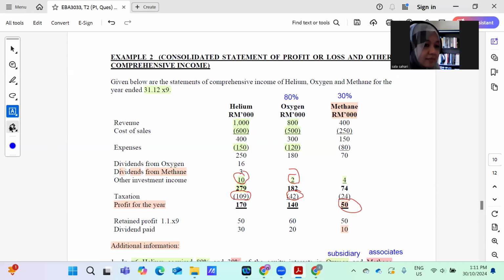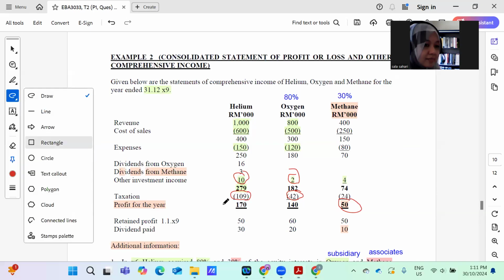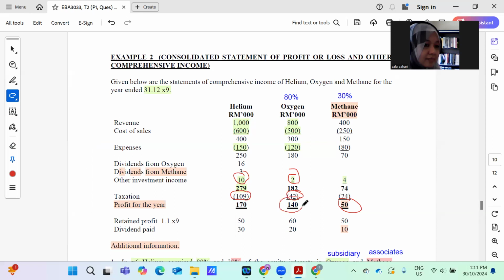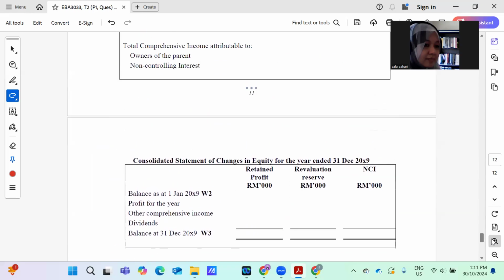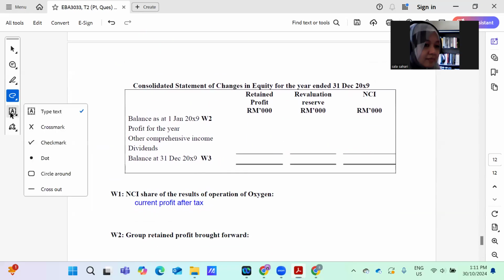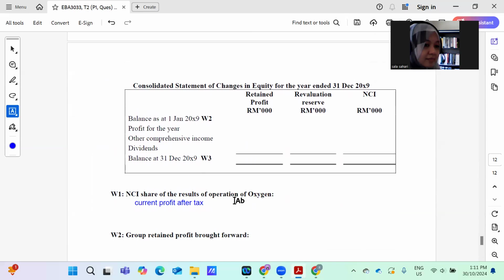So 140. Can you find the 140 over here? Current profit in oxygen, 140. So I just drag down 140,000 also. And then you have the URP, you need to less unrealized profit just now